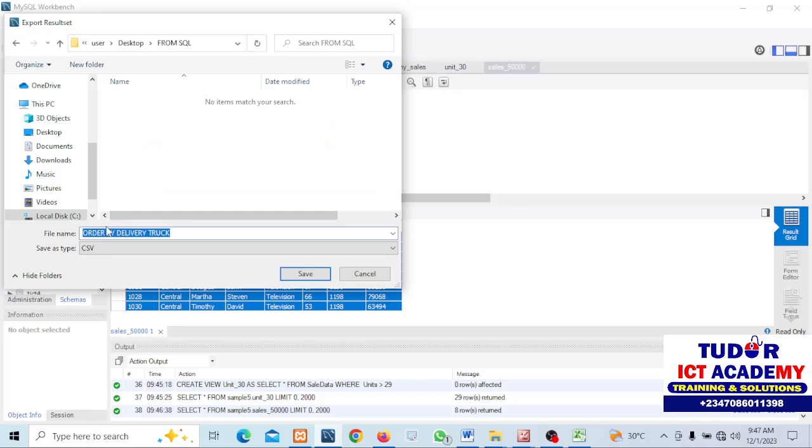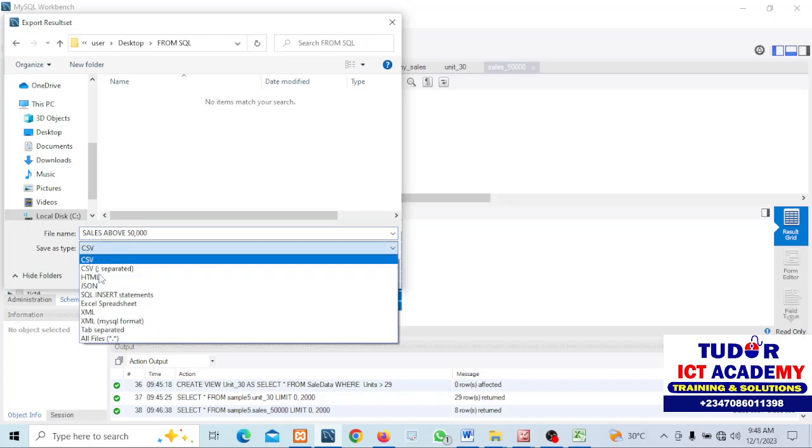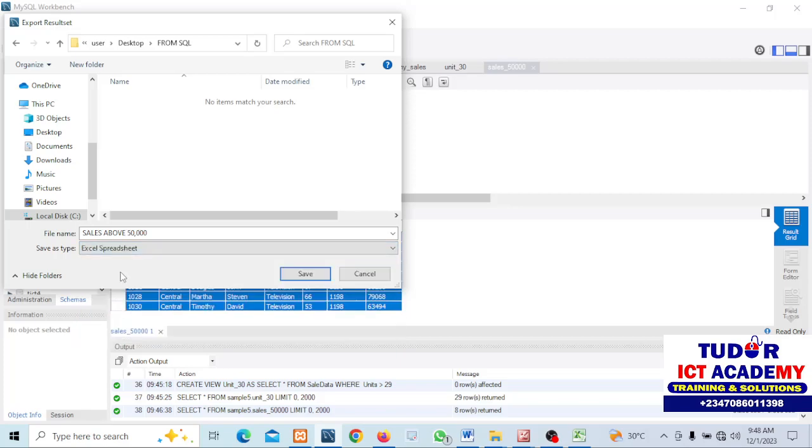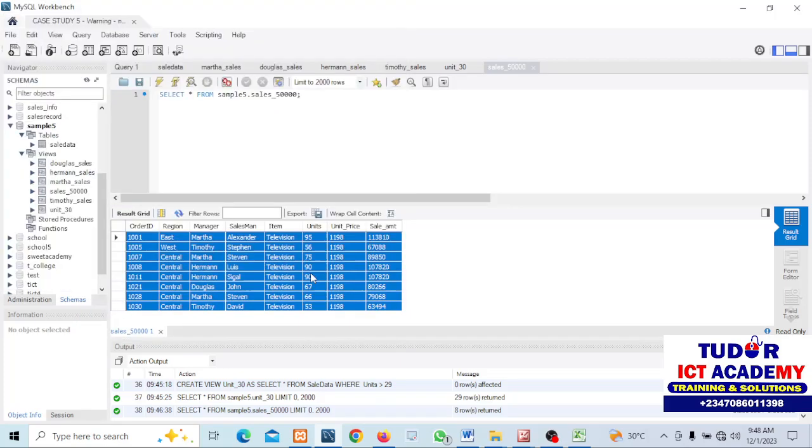So what do I call the name of this one? I can call it with the normal name, which is cells above 50,000. Okay, I will change this from CSV to Excel spreadsheet, and I click on save. That is done. I will do the same thing to this one,